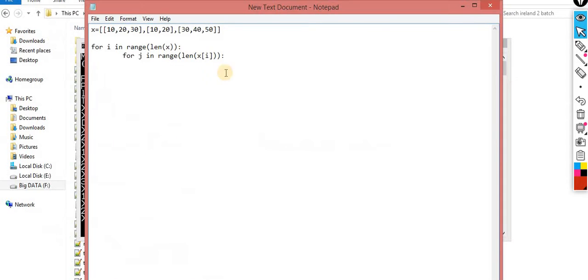Now I'll show you how exactly the output would be printed. Print of x of i of j. Whatever you want to print over here, you can print, and then you are supposed to print. Okay, so this is the way.